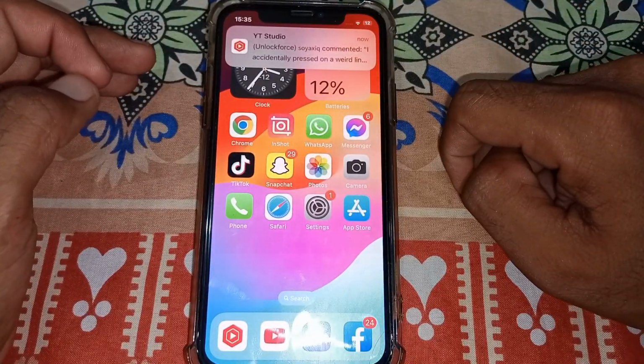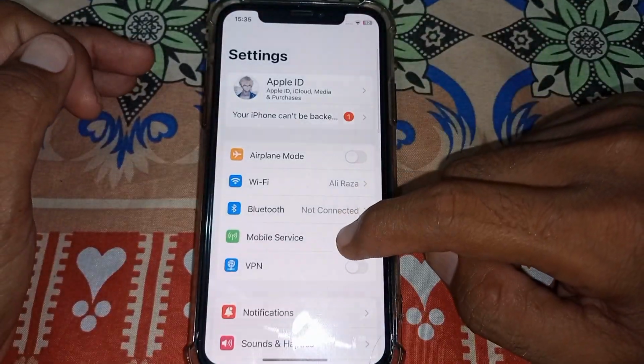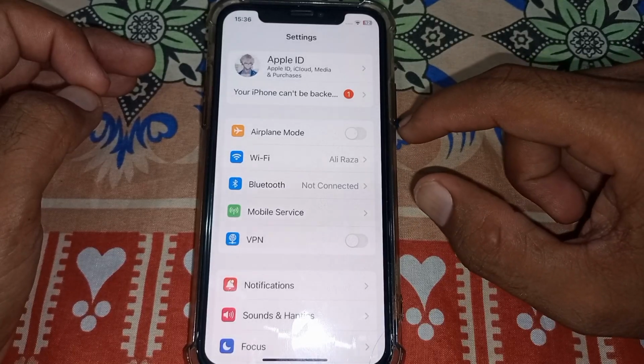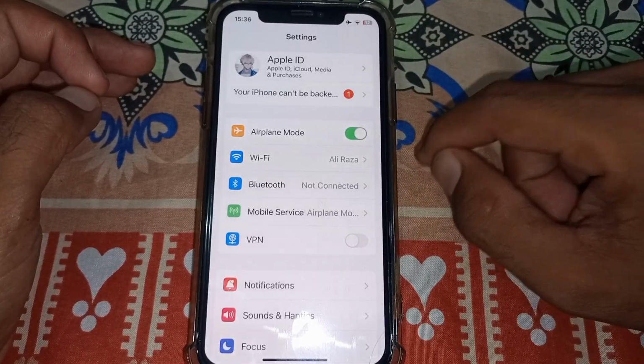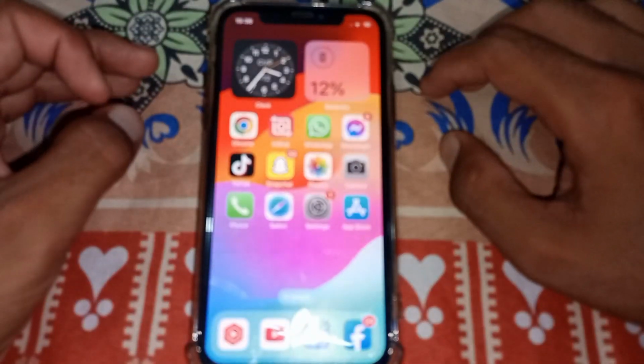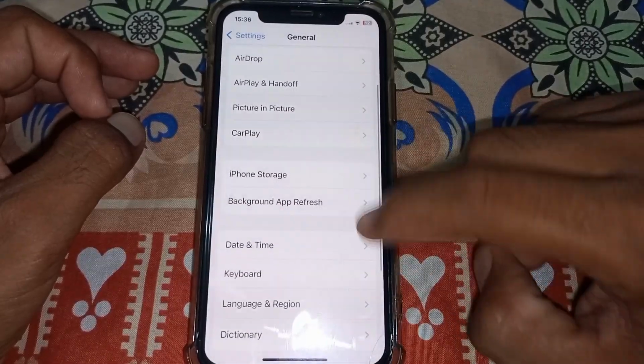If it's not working for you guys, then what you need to do is just simply open settings. From here guys, make sure that you're properly connected with the internet. Okay guys, just simply turn on airplane mode and then turn it off, and then check if it's working or not. If it's still not working, open settings, scroll down, tap on general, scroll down, make sure that